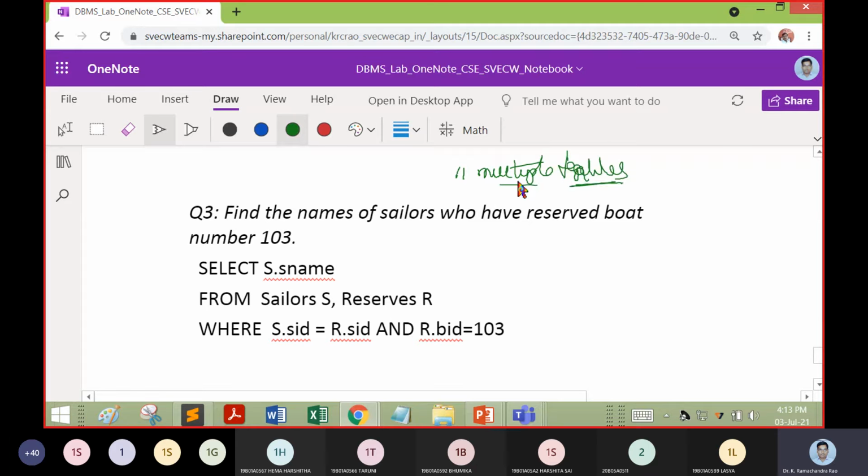No option, right? Because who have reserved boat number 103 is given in the reserves table. Names of a sailor are given in the sailor table. So we need two tables. Even though we need to print out the name of a sailor, we still need the reserves table also, because he has reserved boat 103.